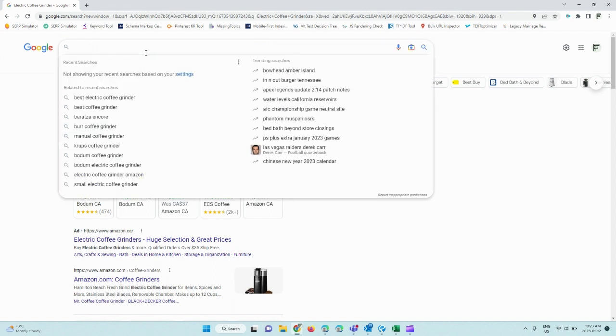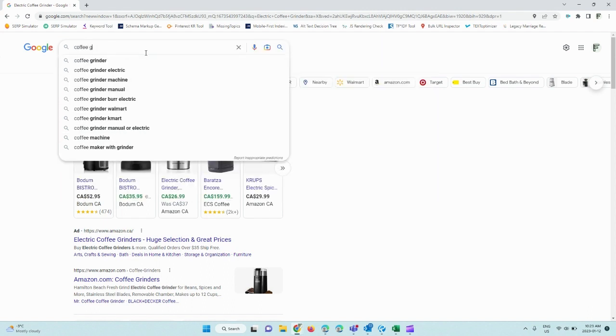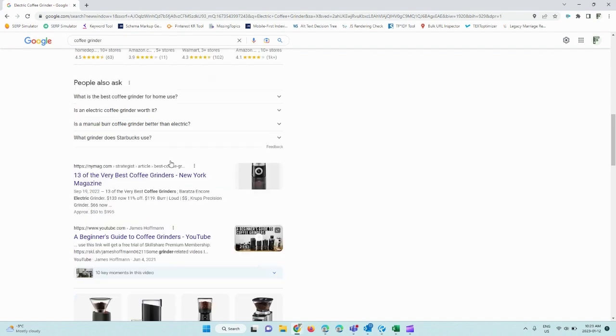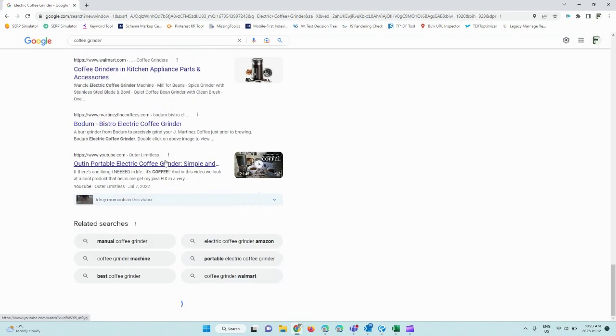If I just go back to coffee grinders, put the wildcard operator in the middle, and then it gives me more keyword ideas in the middle. So as you can see, using Google autocomplete, the people also ask section, and the related keywords in the related searches section of the Google SERP,